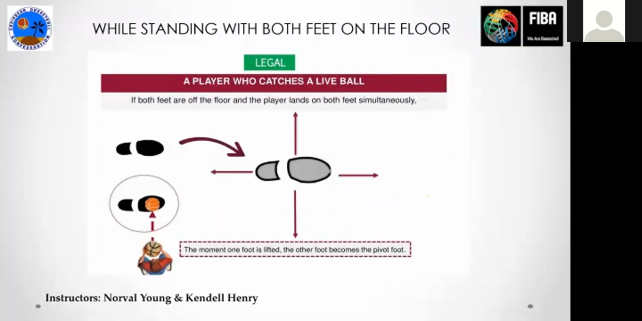Now, a player who catches a live ball, if both feet are off the floor and the player lands on both feet simultaneously. So the ball passes to the player, and he lands on both feet. Once one foot is lifted off the floor, the next foot becomes the pivot. So here,